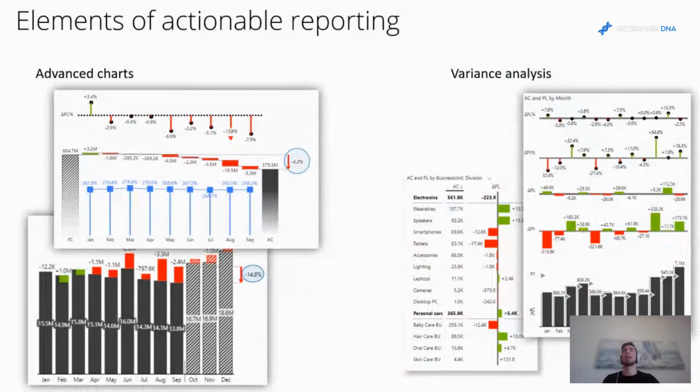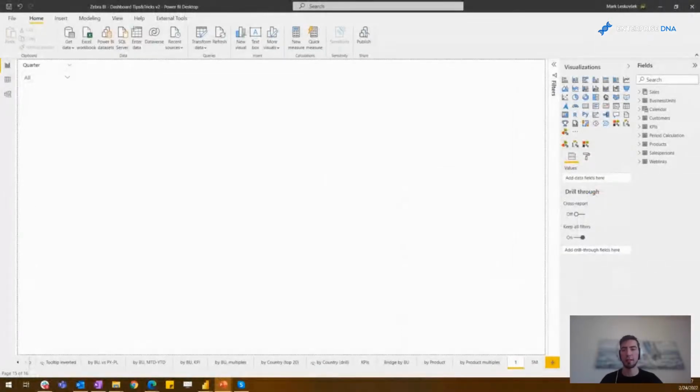So the first element of actionable reporting is actually having the ability to use some advanced charts, such as segmented charts, waterfall charts, and so on, and the variance analysis. So at this point, I would like to jump into Power BI and see how we can really better understand if we compare it this way. So in Power BI, we start with a blank canvas